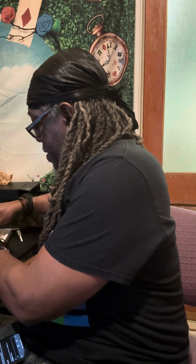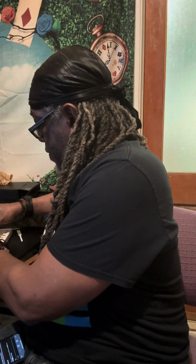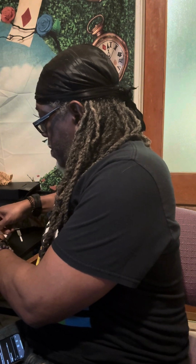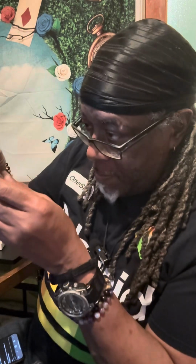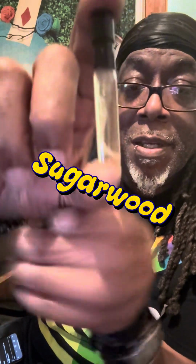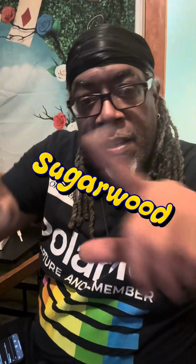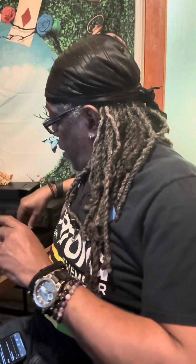Next up, we've got Sugarwood. And no comments from the peanut gallery down there about Sugarwood. I know how you